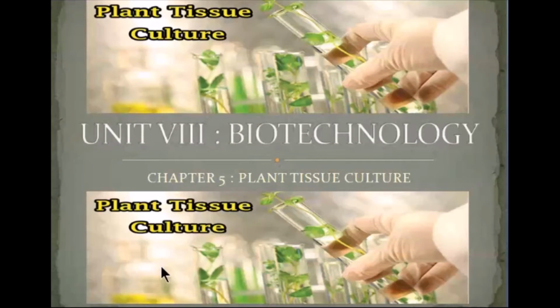Suppose you need thousands of similar plants, for example, 1,000 saplings of mango trees, in a short period or a particular duration, we can go for plant tissue culture techniques. Within a short period we can get nearly 1,000, more than that, saplings from plant tissue culture techniques. So what are the things they follow for the production of plantlets, especially saplings? That lesson only we are going to see today, the plant tissue culture lesson.